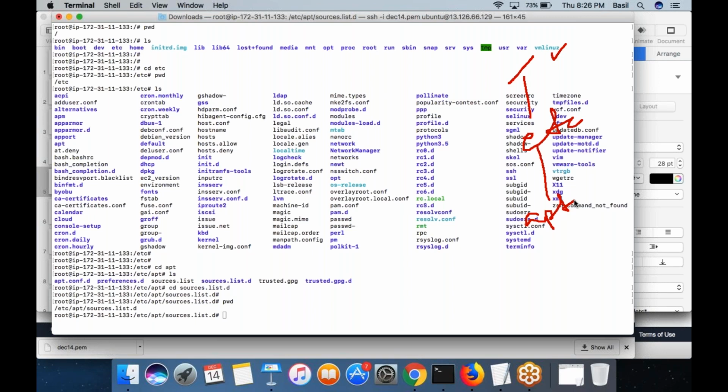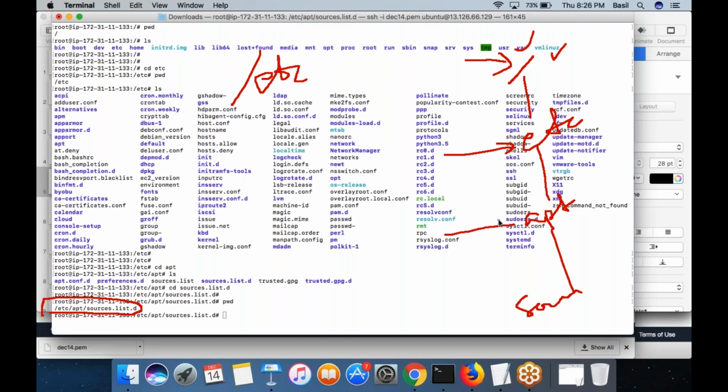Inside apt is where this sources.list.d is located. This is called the absolute path of any file or folder in Linux, starting from the beginning slash. In Linux, everything starts from the beginning slash. So you put a slash at the leftmost side, it indicates the top slash. Then you put etc. This is the absolute path of this particular folder, slash etc.